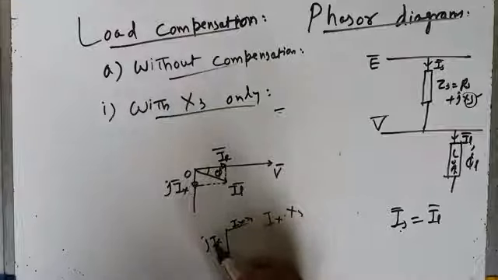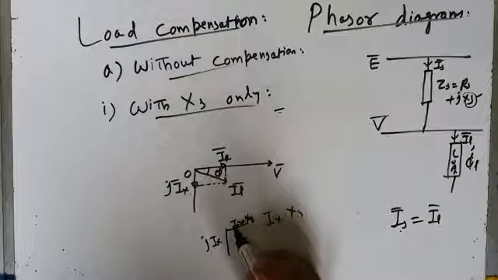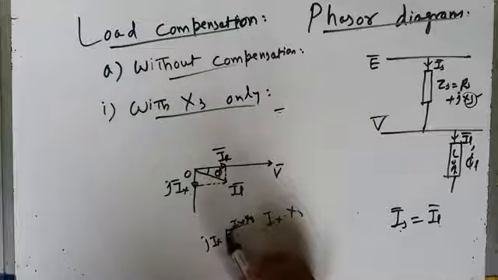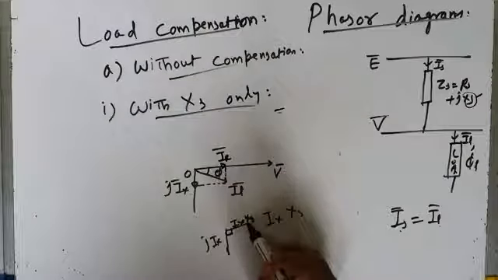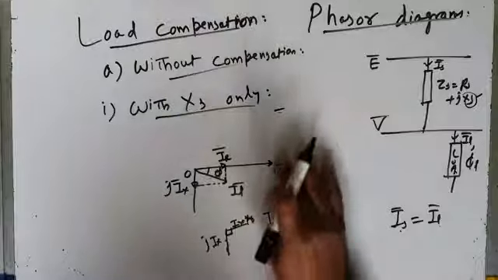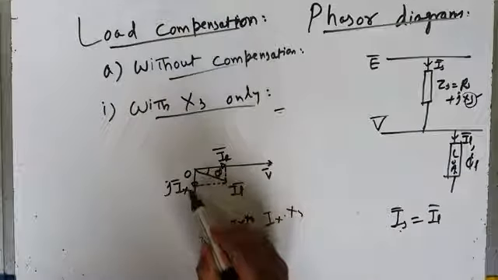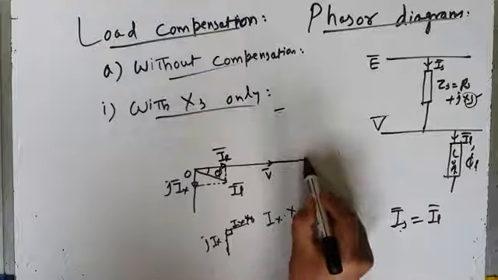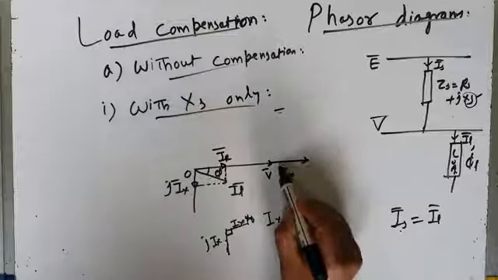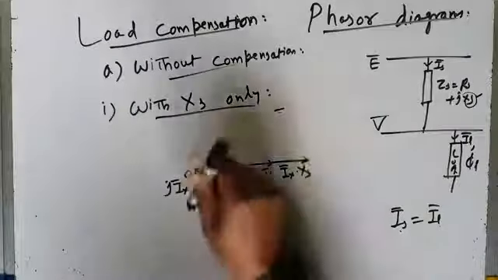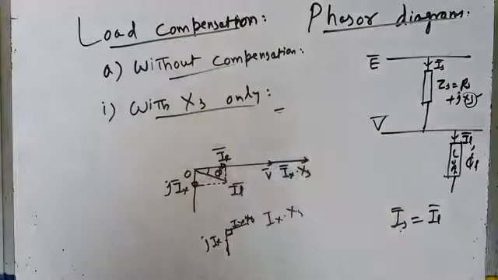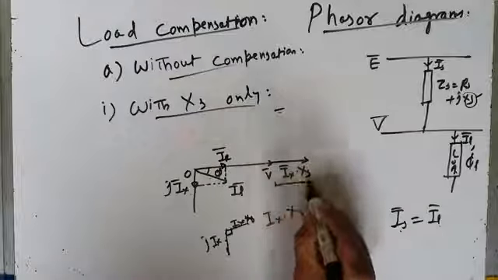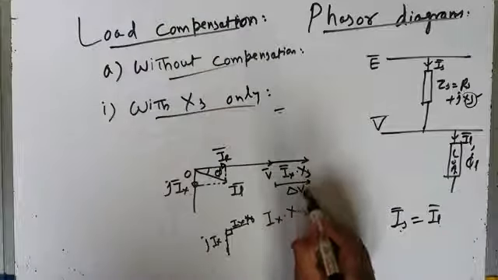Because of this current IX through the system reactance, there is a voltage drop, and this voltage drop is at 90 degrees. It's leading current by 90 degrees, because in a purely inductive circuit we know that current lags voltage by 90 degrees or voltage leads current by 90 degrees. So if this is your voltage phasor, this is IX, this will be your IX into XS voltage drop. It's at 90 degrees to this. So this is your in phase component of the voltage drop, delta VR.